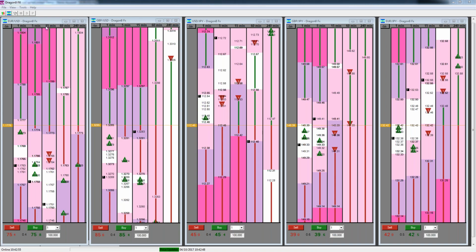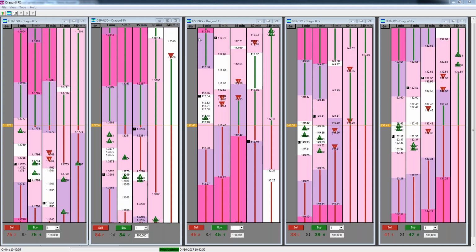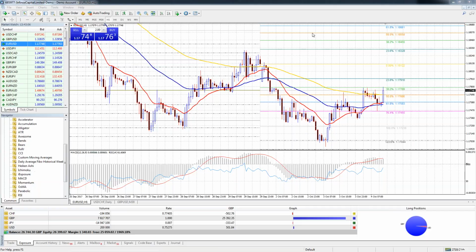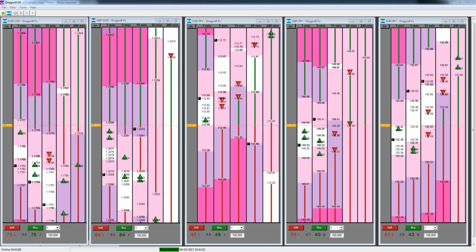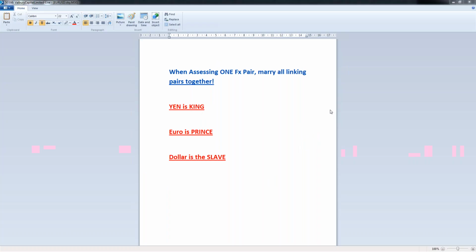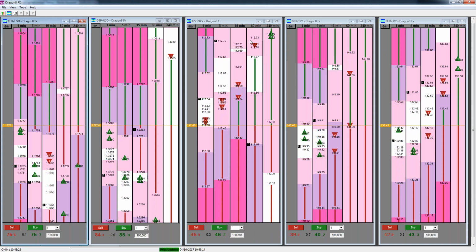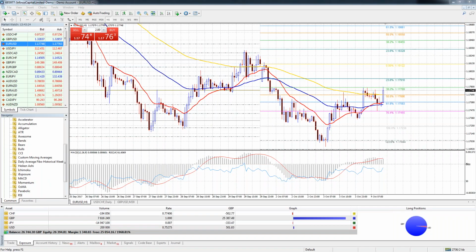Now, as I was saying before about linking pairs, it's very, very crucial that you do that, just to know what is the strongest pair, second strongest, third pair, etc. Now, the DGFX is excellent for this. We actually add, as you can see, our excellent analysis on how we marry the pairs. We have euro-yen, like we were just talking about, euro-dollar, euro-yen, dollar-yen. But with regards to the DGFX, we've got this already in front of us. So, for instance, we look at euro-dollar